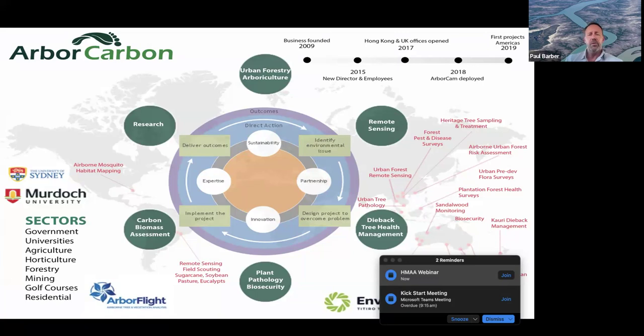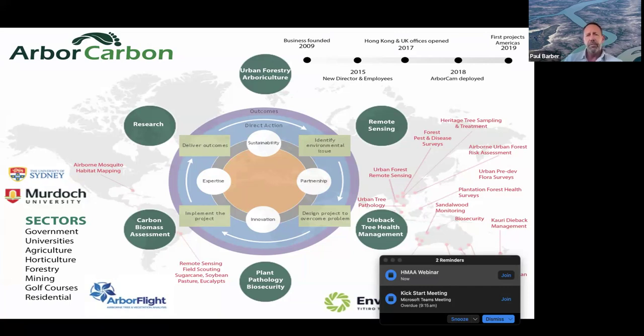That then led into setting up ArborCarbon. And ArborCarbon was never set up in 2009 to measure carbon. The name really was around the fact that there was a lot of talk about carbon, trees sequestering carbon. There were a lot of companies popping up to plant trees to sequester carbon. But really what I was seeing at the time were a lot of companies planting trees that were never going to sequester carbon in a really good way. They were planting trees off site. They weren't planting the right species, and they were never going to be healthy. So ArborCarbon was really about providing advice and helping to ensure trees remain healthy and thrive and survive in the future.